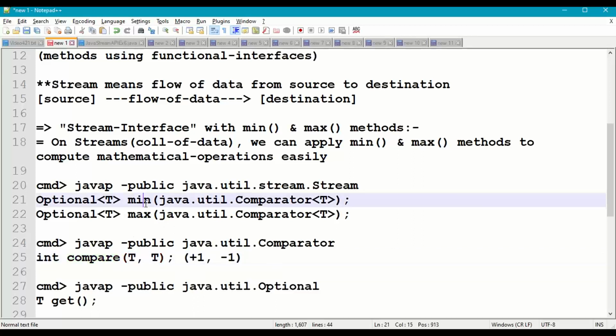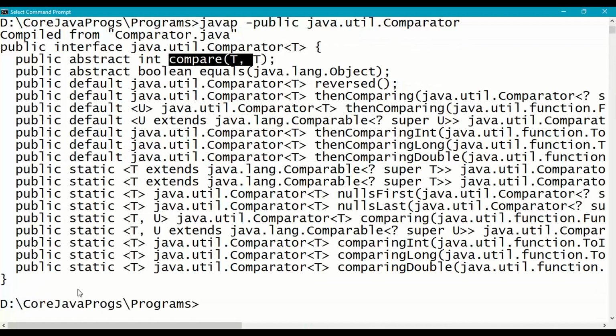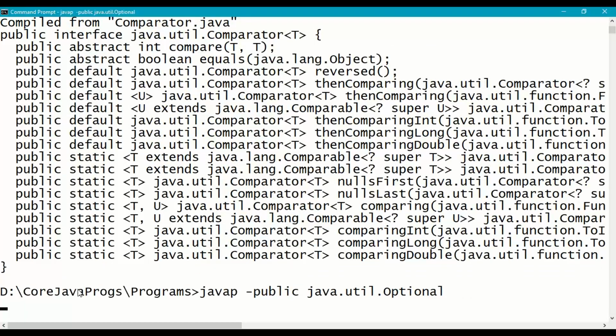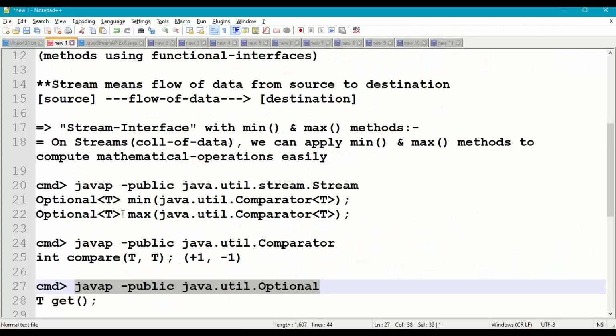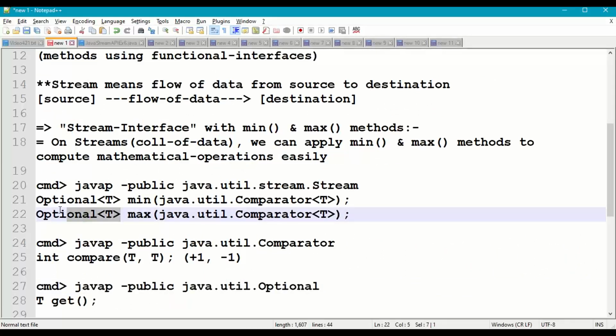The return type of min method and max method is Optional. If we see the description of Optional, which belongs to the java.util package, Optional is a final class. Whatever data we are getting, minimum data or maximum data, comes as Optional type.